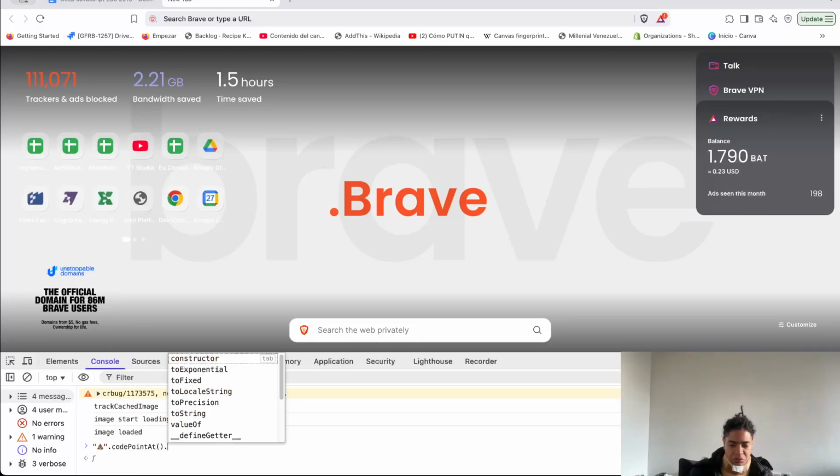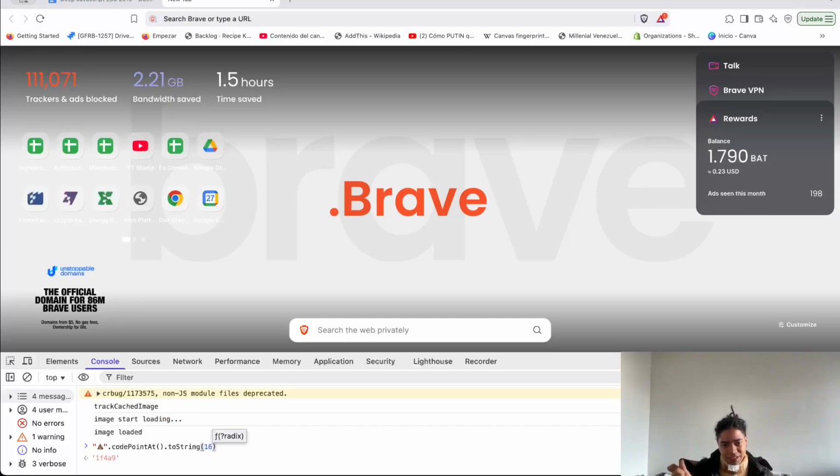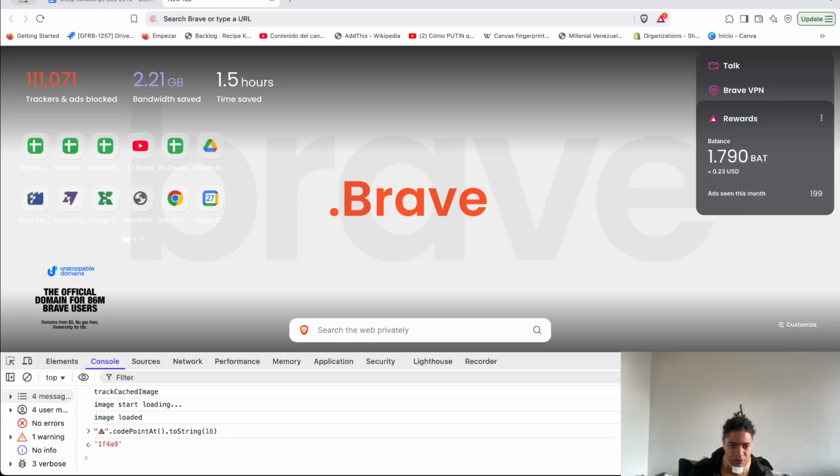I want to transform this into a hexadecimal string. That's one of the beautiful things of doing this. Now give me this hexadecimal representation, which is what at the end of the day Unicode is using, right? And then you say, okay, now that I have this Unicode,